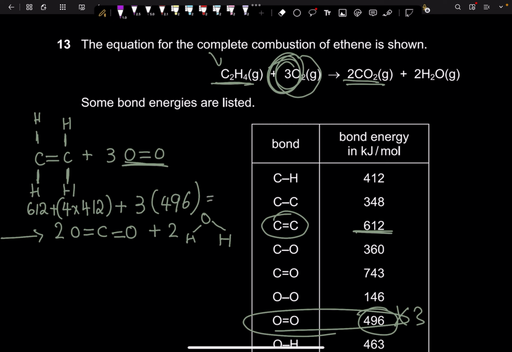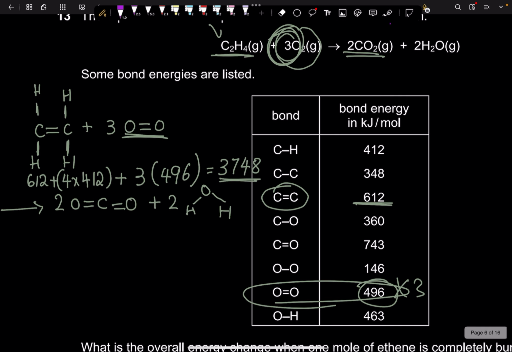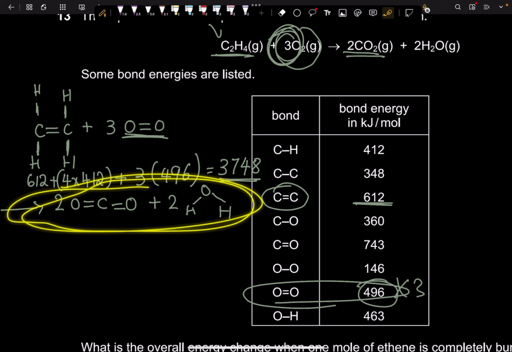ठीक है, by putting everything we just have done into a calculator: 612 plus 4 times 412 plus 3 times 496, and this will give us 3748. ठीक है, अब हम निकालते हैं अपने रिएक्टेंट्स की एनर्जीज, अपने प्रोडक्ट्स की एनर्जीज, और फिर दोनों को सब्ट्रैक्ट